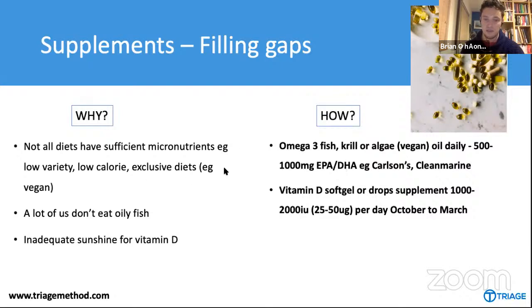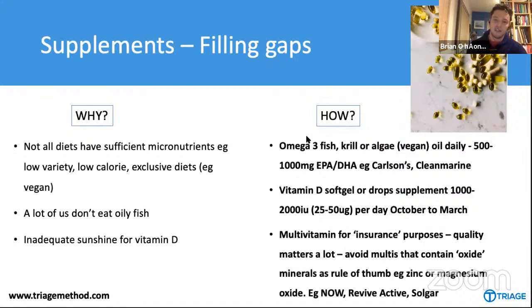I'm going to show you what that means now. I have a label that I'm going to show you. Some good brands on this. I would be cautious of getting too cheap brands here, because you want to make sure your fish oil is high quality. So Carlson's, really good brand. Clean Marine, they do krill oil, and they've just released a vegan algae supplement, which is very, very good. So if you are vegan, that'll be the one for you. You can usually get that in pharmacies, so it's pretty easy to get your hands on. There's other good brands like Eskimo, Manami. You know, I can only include a couple here, but that's what you want to go for.